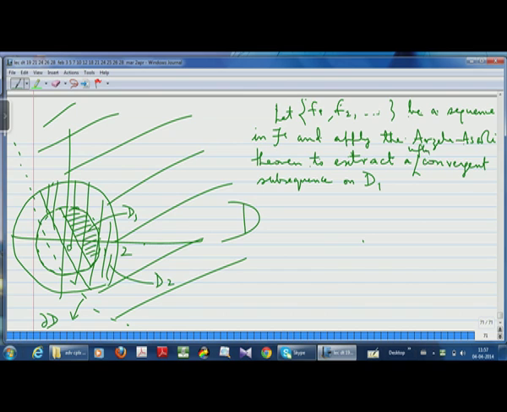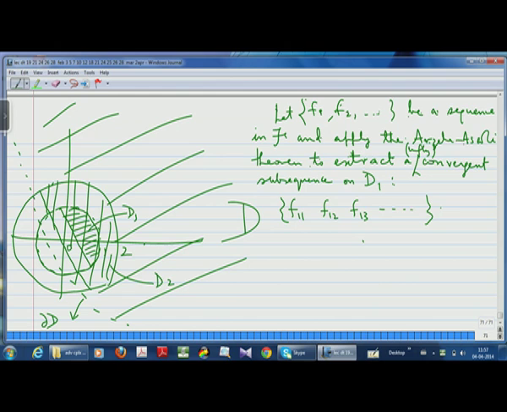So on D1 it is a compact subset, so it is a compact metric space, and therefore I can apply the Arzela-Ascoli theorem, and on D1 I can get a convergent subsequence, and here when I say convergent subsequence, it is uniformly convergent, okay, because it is convergence in the space of functions. So extract, and here let me put uniformly, okay. So call that subsequence f11, f12, f13. Now you see that you are in the diagonalization business, okay.